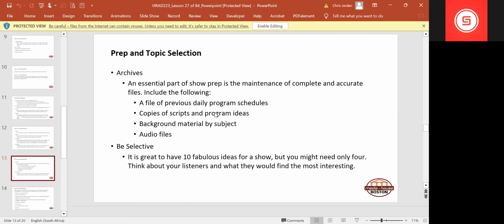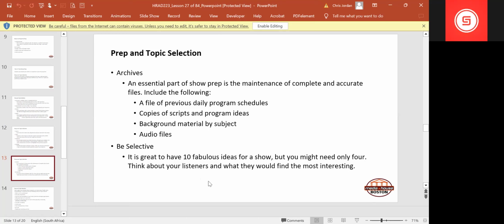I want the same kind of intro and structure that I can copy and paste at certain times of the month, and I've got details of that particular contributor. But the main thing is making sure that you have an audio archive, because we can repurpose that audio content and be selective. It's great to have 10 fabulous ideas for a show, but you will need only four. Ten is far too much.